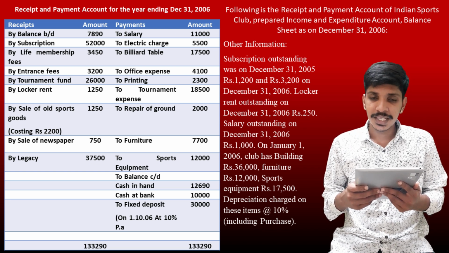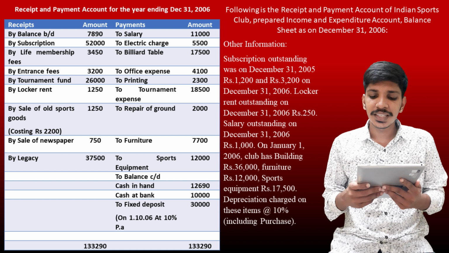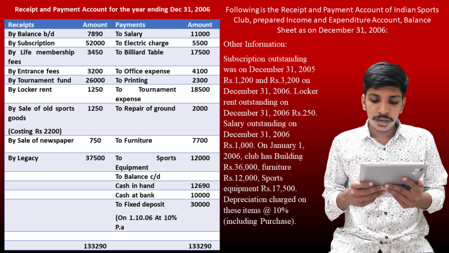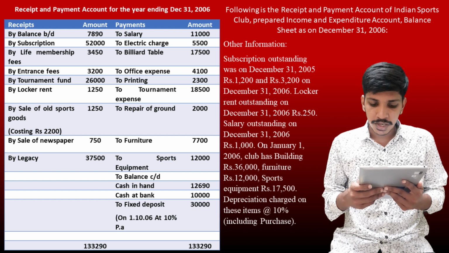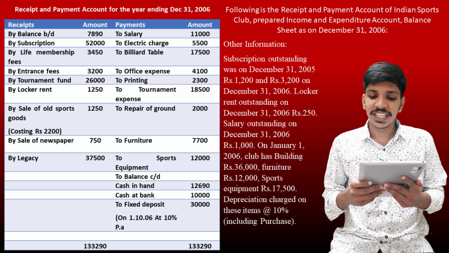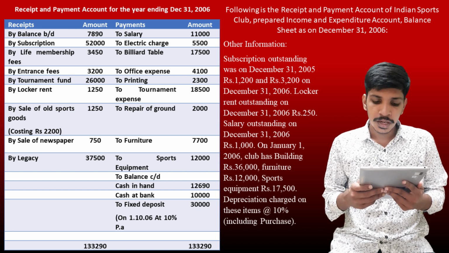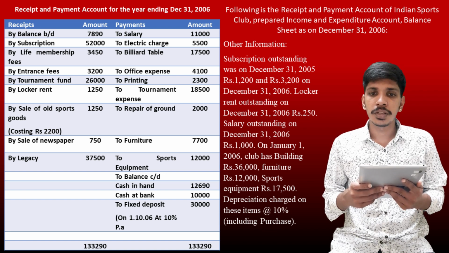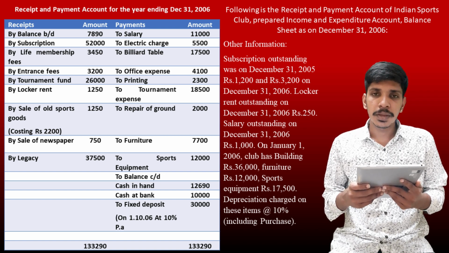And on the payment side, salaries 11,000, electricity charge 5,500, billiards table 17,500, office expense 4,100, stationery 2,300, tournament expenses 18,500, repairs to ground 2,000, furniture purchase 7,700, sports equipments 12,000, cash in hand 12,690, cash at bank 10,000, fixed deposit on 1/10/2006 for 10% per annum 30,000. The total of the receipts and payment account comes to